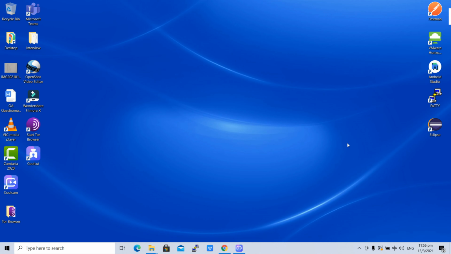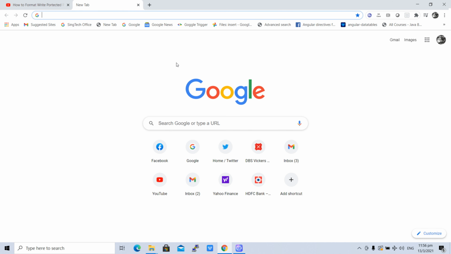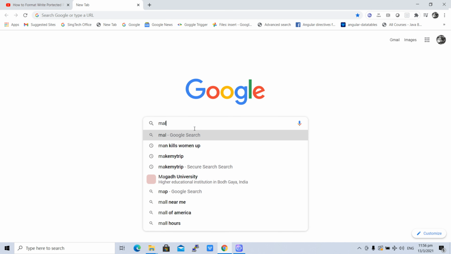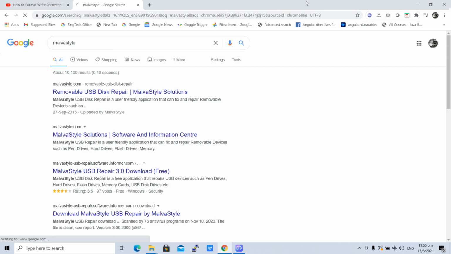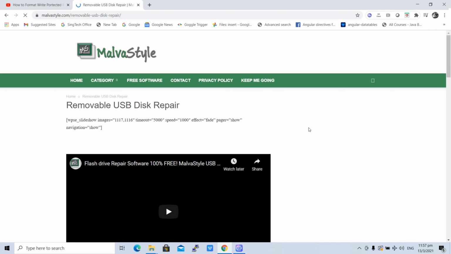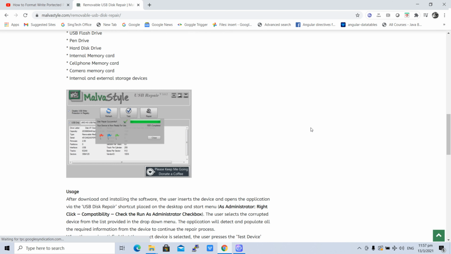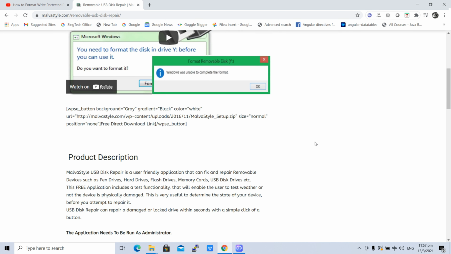If editing the registry is not working on your system, go to Google and search for Malwa style. Just go to this link, go down, and download this software.